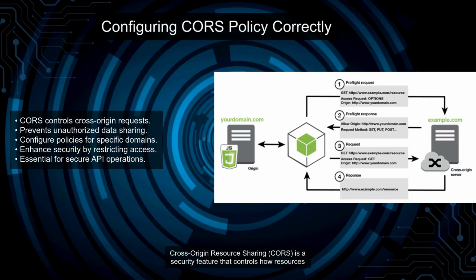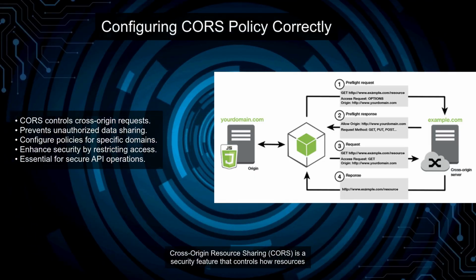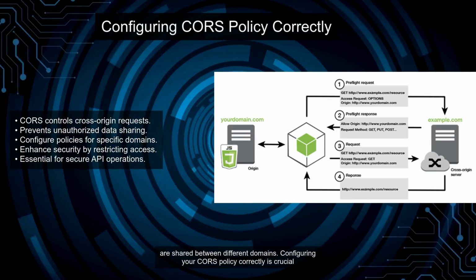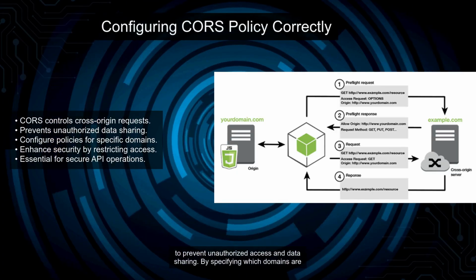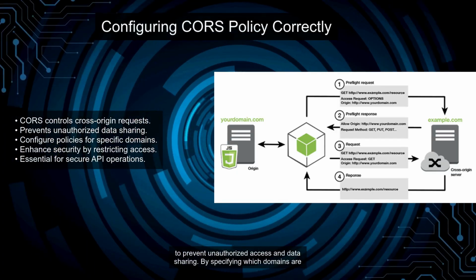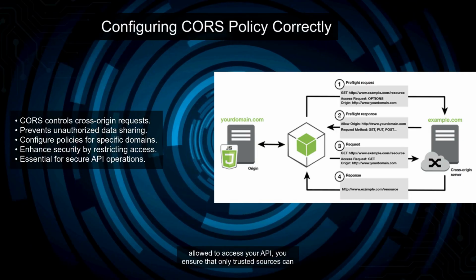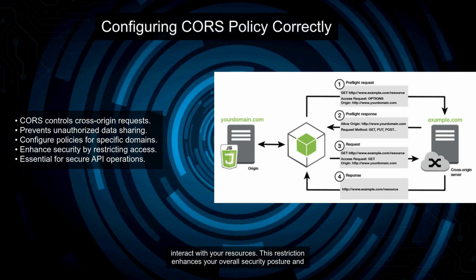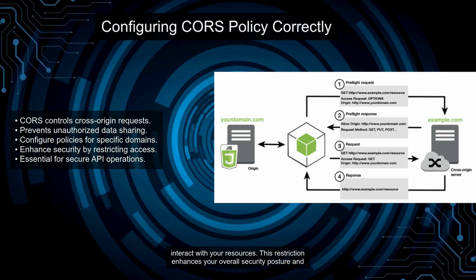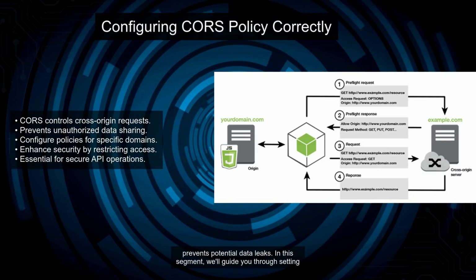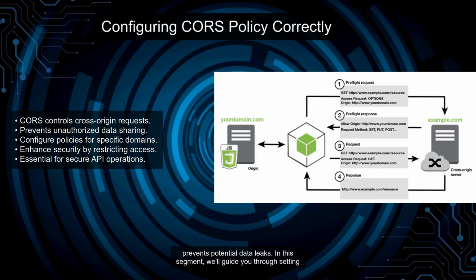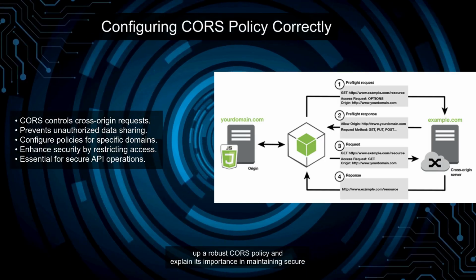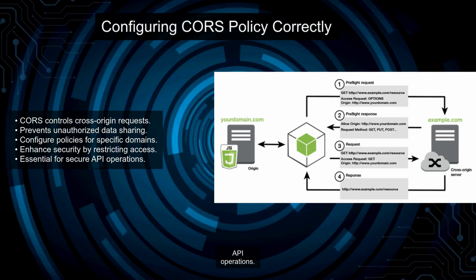Cross-origin resource sharing, CORS, is a security feature that controls how resources are shared between different domains. Configuring your CORS policy correctly is crucial to prevent unauthorized access and data sharing. By specifying which domains are allowed to access your API, you ensure that only trusted sources can interact with your resources. This restriction enhances your overall security posture and prevents potential data leaks. In this segment, we'll guide you through setting up a robust CORS policy and explain its importance in maintaining secure